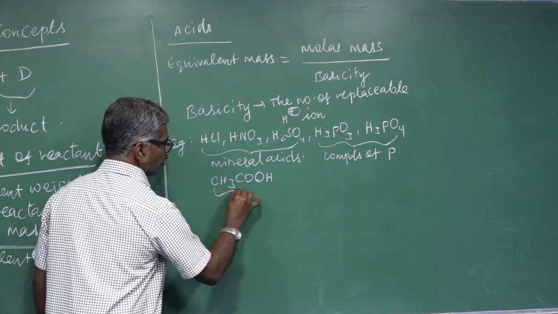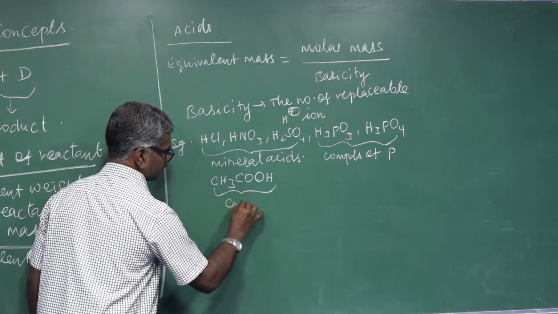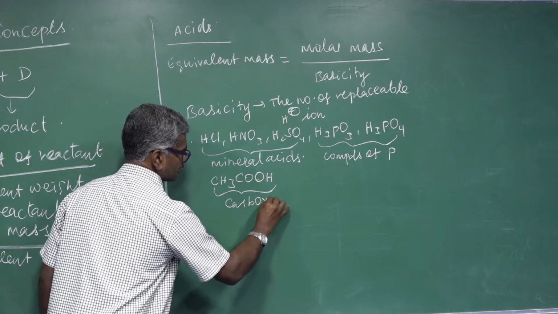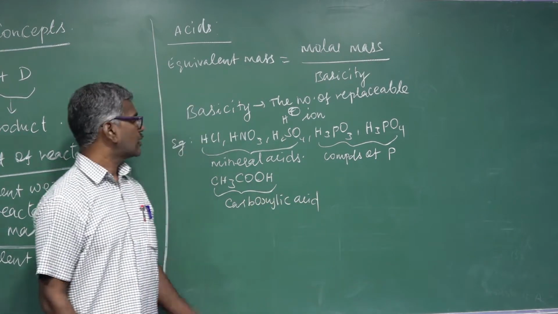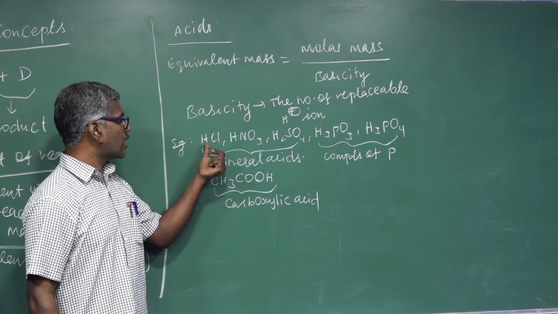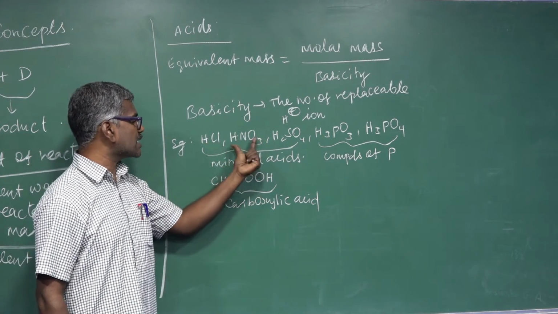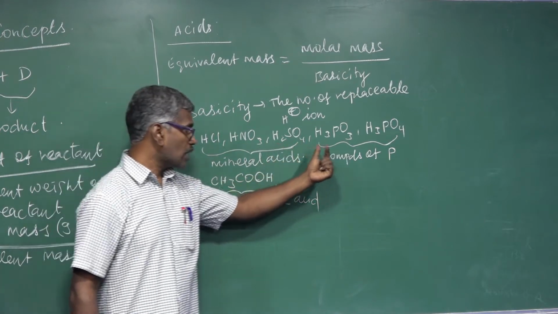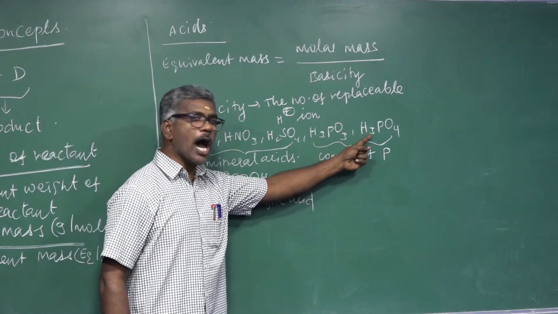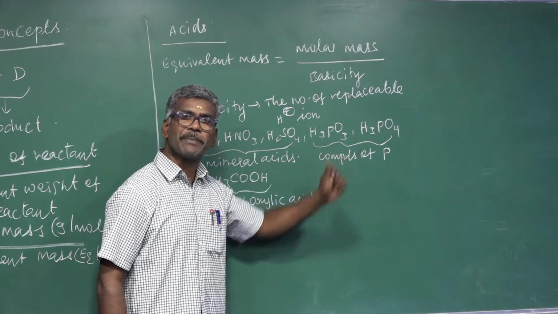This one is an example of carboxylic acid. Basicity: HCl and nitric acid have basicity 1, sulfuric acid basicity 2, and phosphorus acid and orthophosphoric acid,